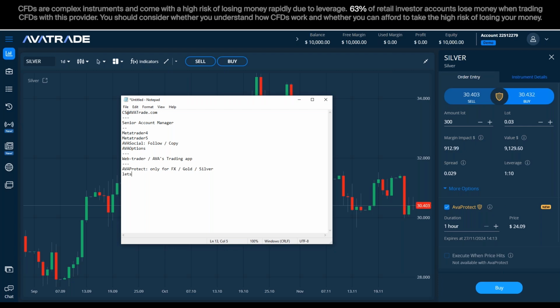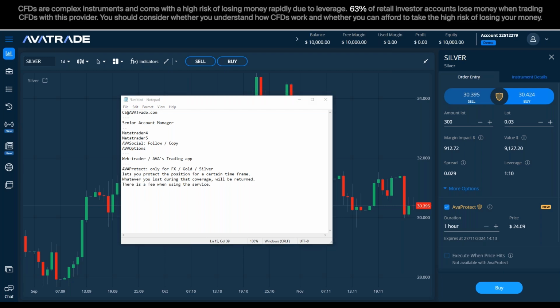Ava Protect lets you protect the position for a certain time frame. Whatever you lost during that coverage will be returned, and there is a fee when using the service.